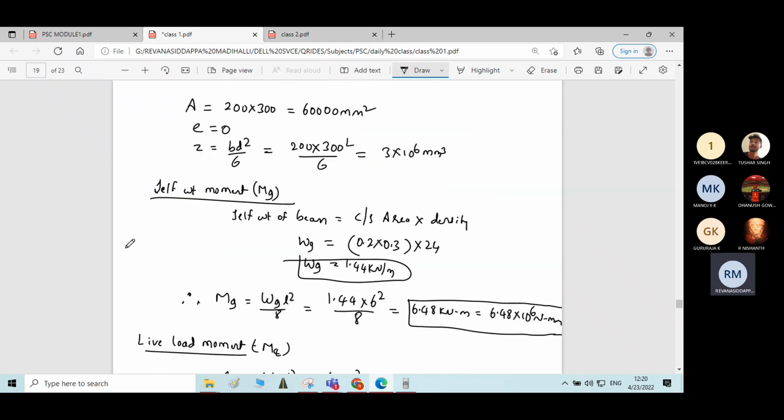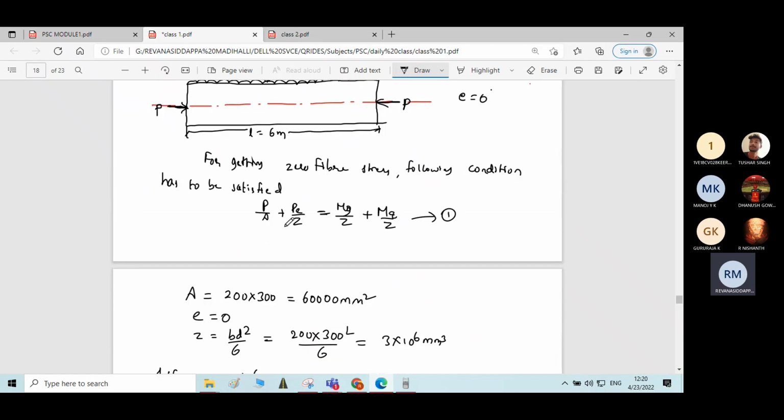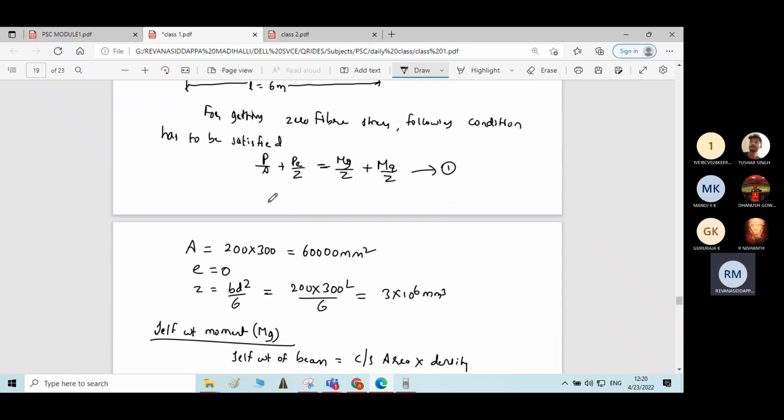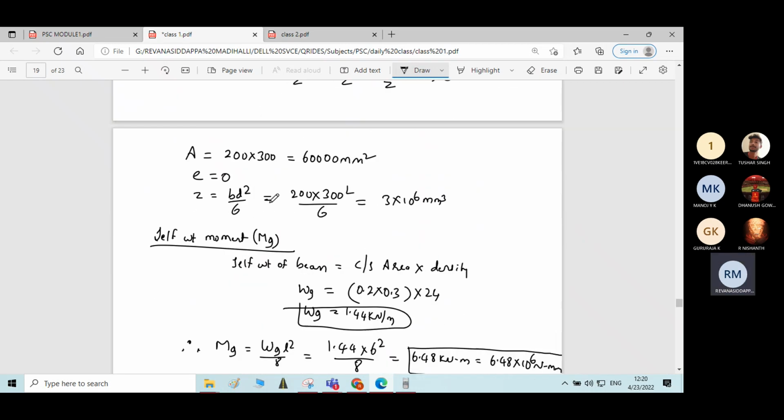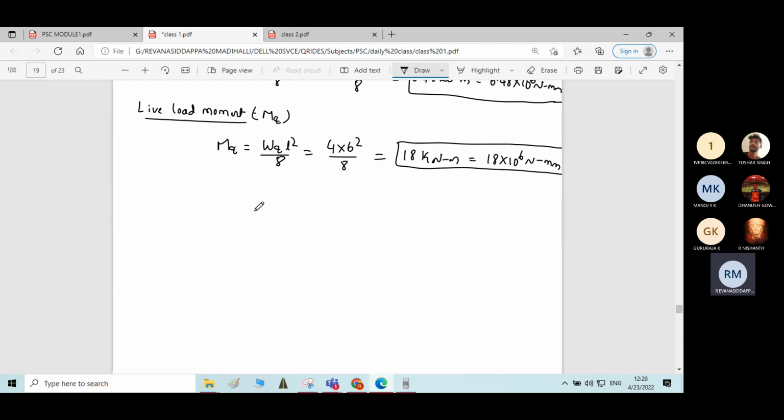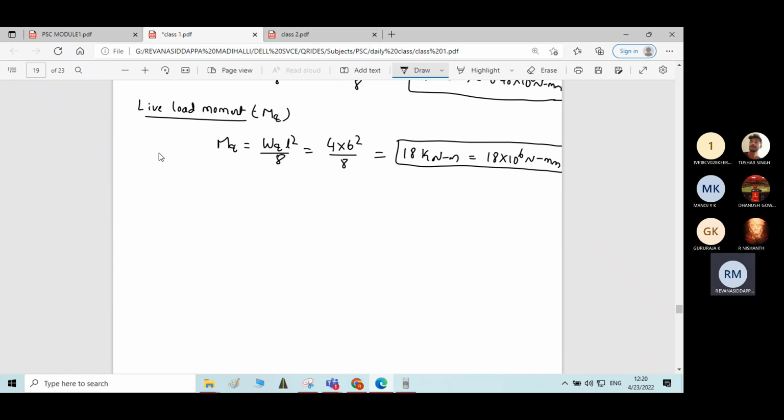So I think all the parameters we have determined. The only unknown factor is P by A. Substitute all the values in this equation, and you will get the value of the prestressing force required to maintain zero stress at the bottom. Therefore, substituting all the values in equation 1, we get